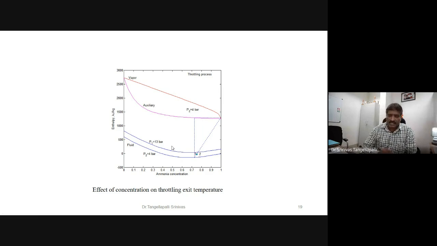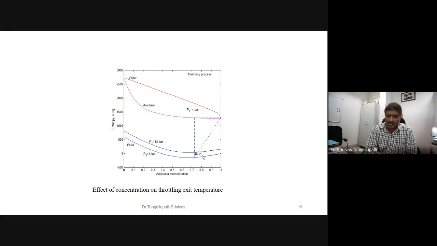Okay, see here the fluid is expanding from 13 bar to 4 bar. We know the pressure, temperature, and concentration at the inlet: P1, T1, X1. At the exit the pressure is 4 bar, T2 is unknown, and X2 is equal to X1. So to find T2, we have to use this graphical iteration method. The enthalpy at state 1 and state 2 is the same, that is H1 is equal to H2, and also X1 is equal to